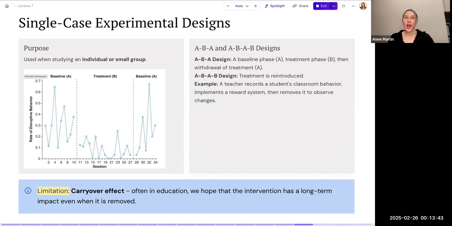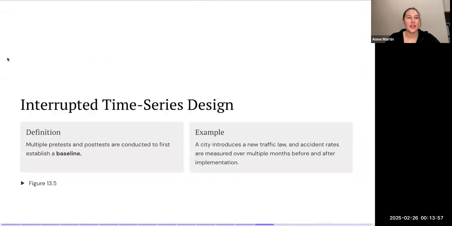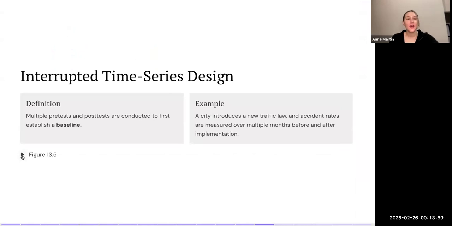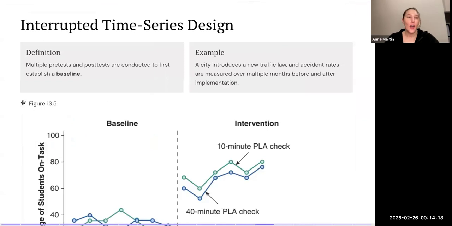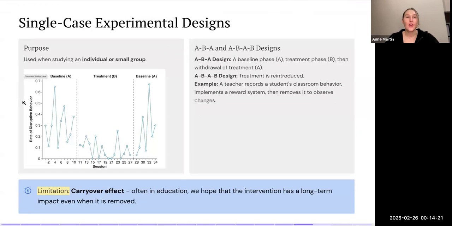Okay, so we also have some single case experimental designs that can be used for an individual or even a small group. When we were discussing the interrupted time series here, this example was percentage of students off task. And so you can see here they had the baseline data, and then during the intervention, this is what it was. Now, similar to this, but you have the single case